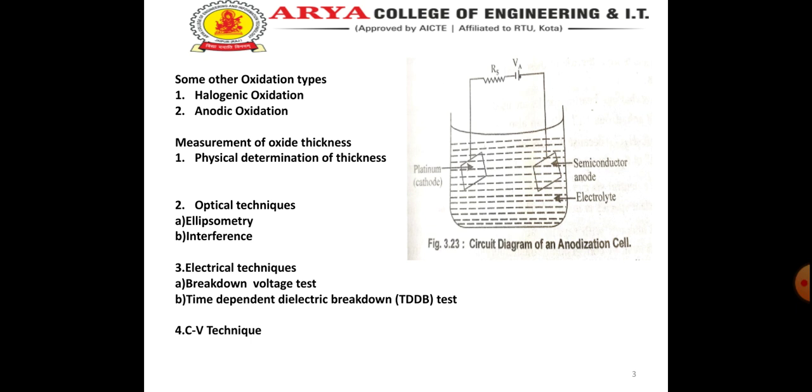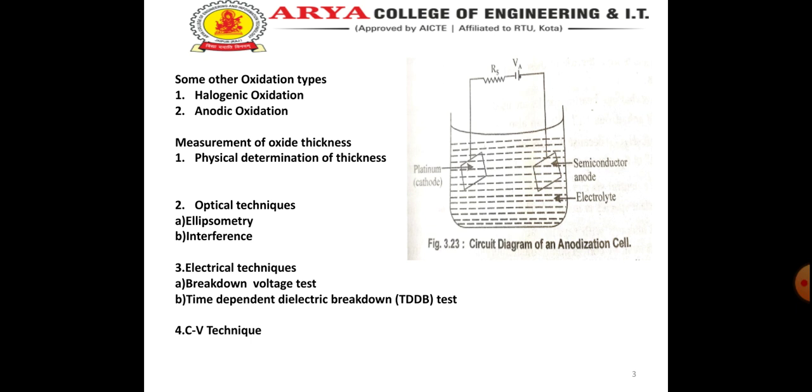Now we are having measurement of oxide thickness. Physical determination of the oxide thickness. In order to do physical measurement of oxide thickness, we require the production of a step in the oxide. Typically, this is done with a mask followed by an etch. HF acid etches oxide at much higher rate than it etches silicon. Therefore, if a mask is applied to the wafer, it is immersed in HF and then the mask is removed, a step nearly equal to the oxide thickness will be left.